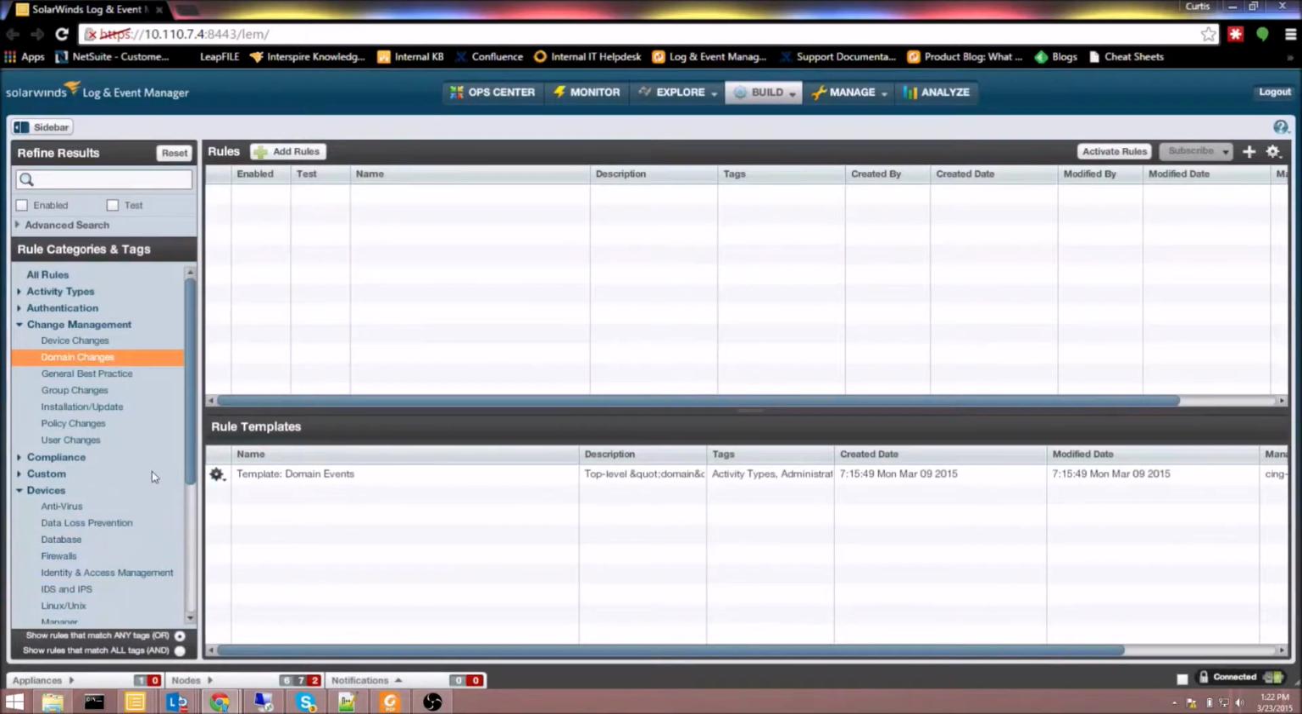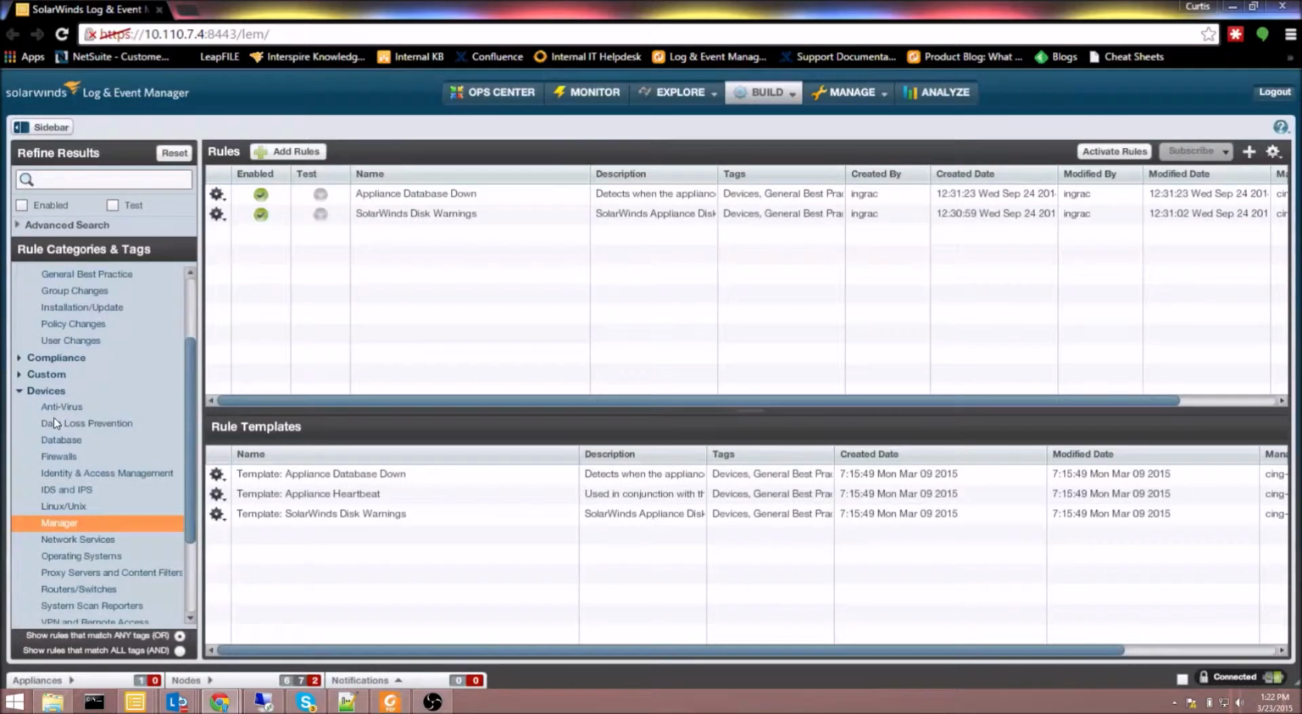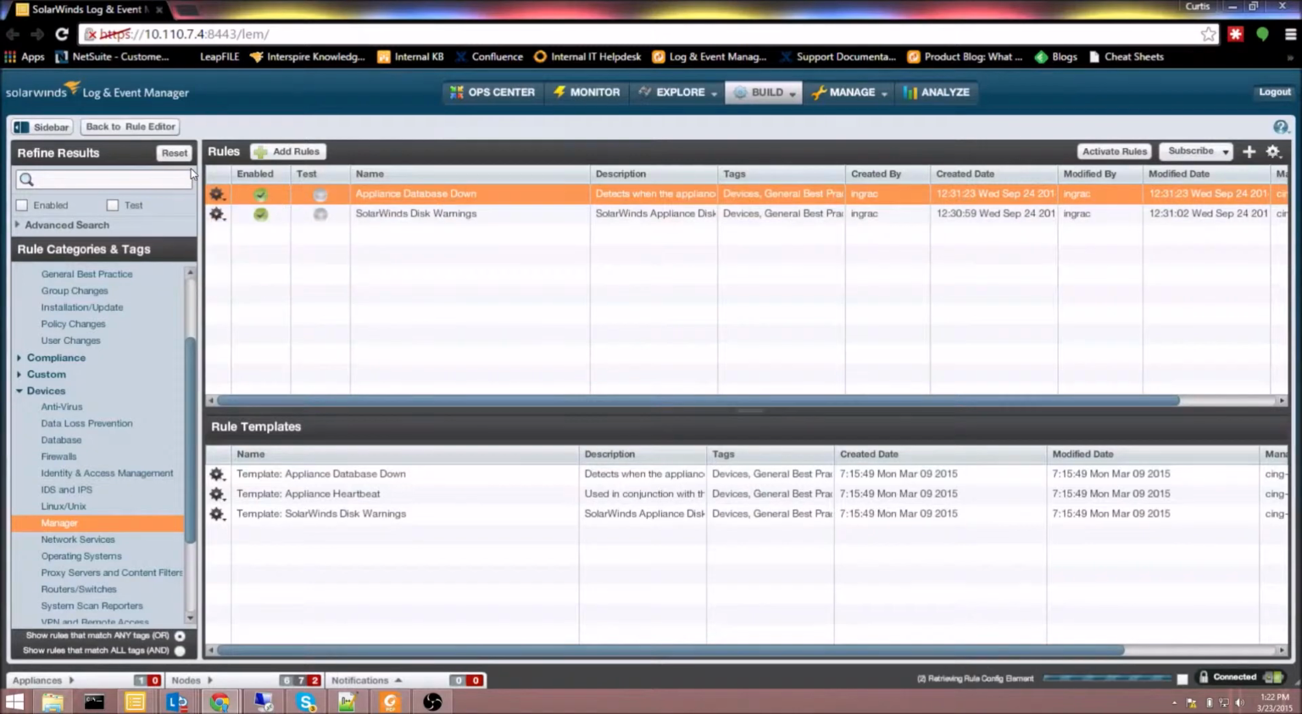So for example, if we come down here to the Devices section and click on Manager, this refers to the Log and Event Manager itself. These are a couple of rules that I definitely suggest that everybody have turned on, and they are templates that are included with the system. So if we take a look at the database down,